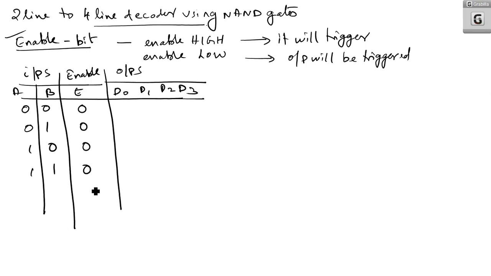Now if enable is 1, for any value of A and B, the output will be 1. That means if enable is 0 and A and B are 0, you will get D0 as 0 and all other values are 1. Here enable is 0, here you will get D1 as 0 and all other values are 1. So it is basically the reverse logic of